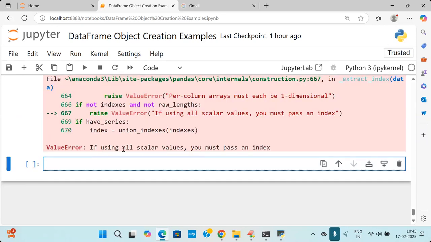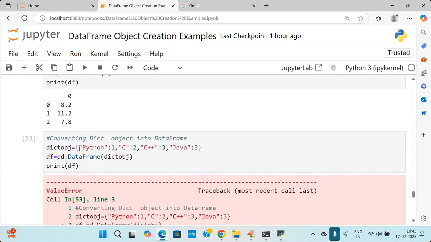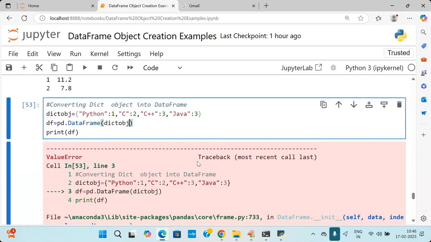So using all scalar values, you must pass what? Index. అందుకని చెప్పాను. Keys become index, keys become columns, error. Of course, I should not expect an answer from you, but a small moment. Whenever you are converting a plain dictionary into which type? DataFrame, you must specify what also? Index, you must specify compulsorily. So how do I write it? Comma, index is equal to,